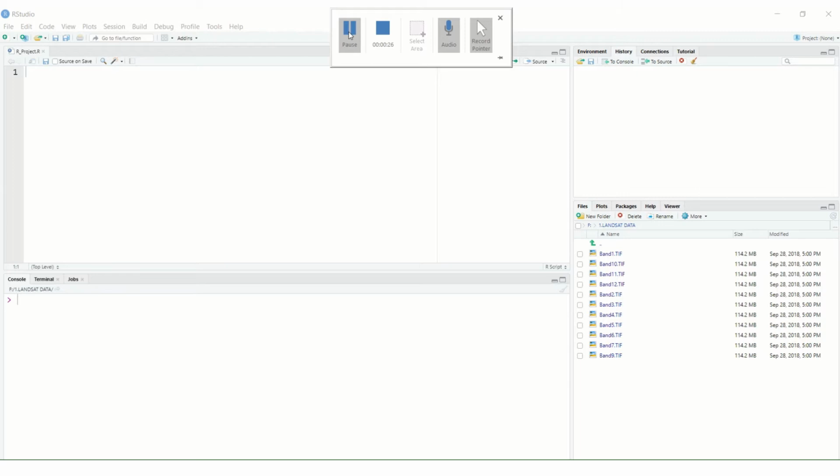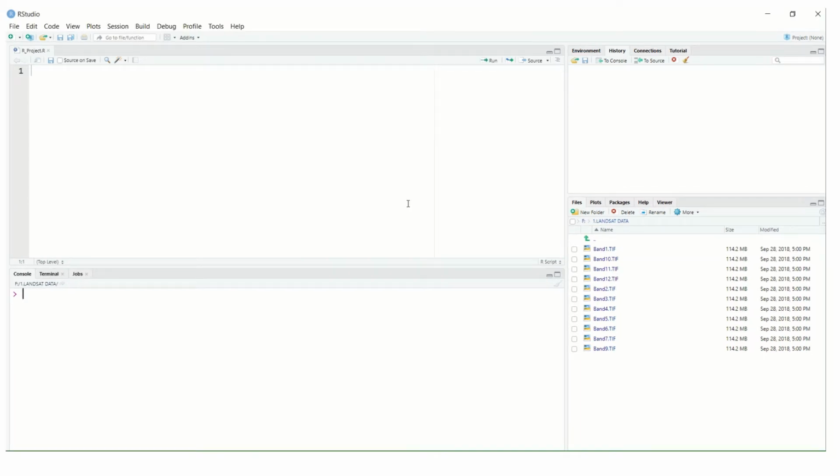And if we download Landsat data, we will have a set of bands, like 1 to 8, 1 to 5, etc. So how can I read all these several bands in a single step? And then how to connect the folder and how to set the working directory. These are all the topics we are covering in this session.